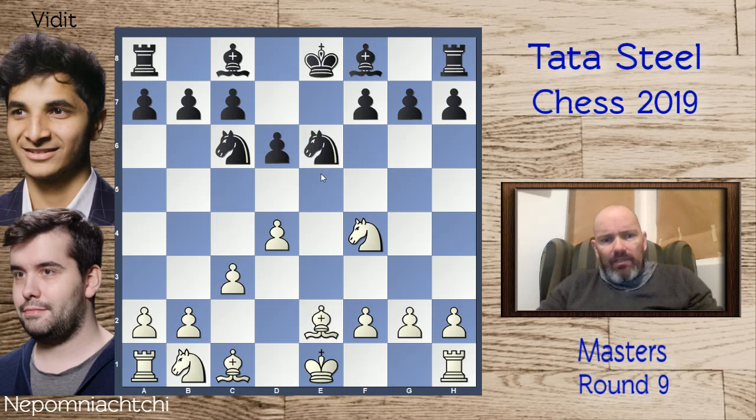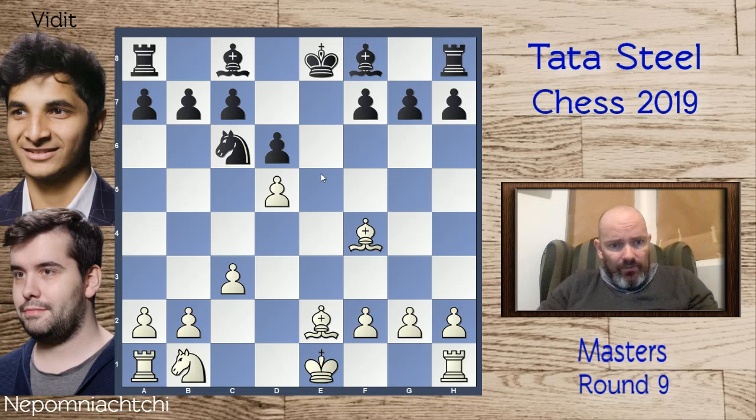And white also gets a little bit of a space advantage with the move pawn to d5. We also saw this in one of these Berlin lines, where white gets a slight space advantage with d5. It was the game between Nepomniachtchi and Kramnik. So perhaps this is a position type that Nepomniachtchi is quite happy with. I'll also link to that game, Nepomniachtchi against Kramnik, if you want to look at a similar space advantage. But okay, the knight is attacked, it goes to e5, and white gets his pieces out, plays knight to a3,